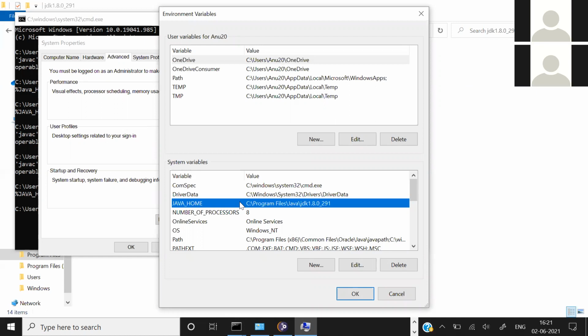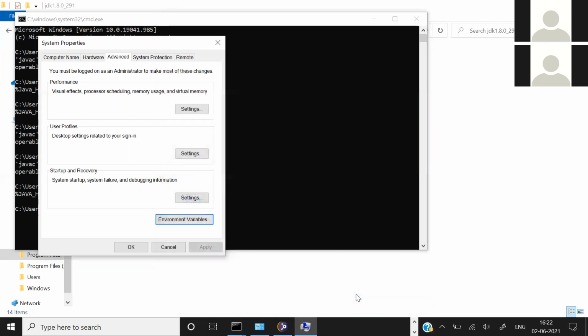I have given it just to remember that this is the home path for Java. Okay, I set it. Yeah, that is fine. If you want, you can change it. It's not the issue. I just gave it Java home to tell you this is the home directory, the home path for Java. I thought we have to keep the name in which I have saved all the files. So that's fine. You press OK. I think we need to restart your laptop once to check whether the setup has been done or not. Because in my system, I just set the path.